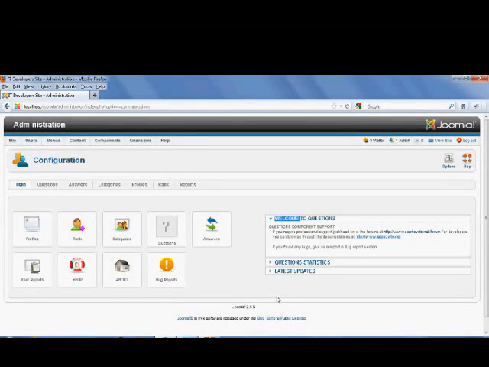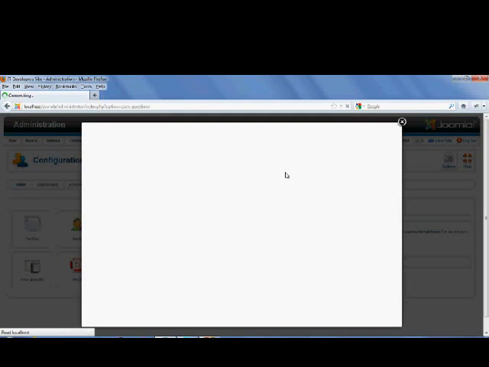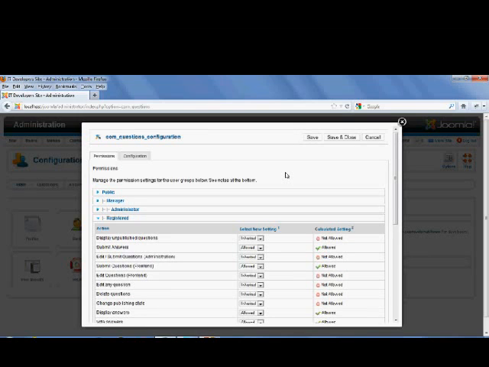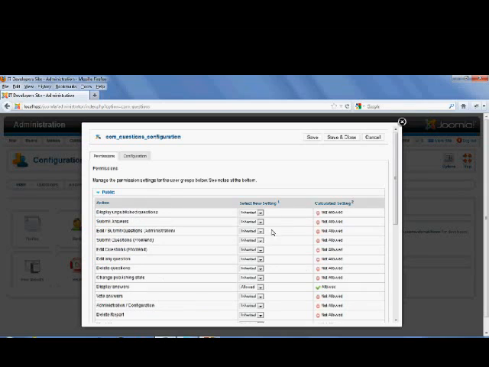Hello friends, I am going to explain how to use the questions component. First, after installation, you will be seeing this page at the back end, and if you click on the options button, you will be able to see the permissions and configuration tab. If you see the public section,